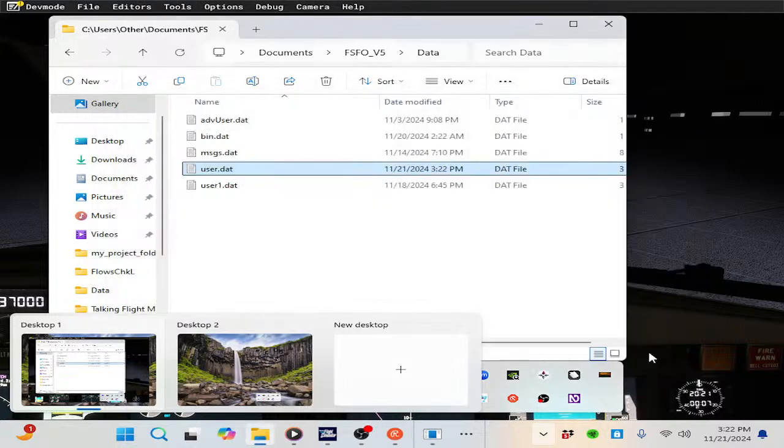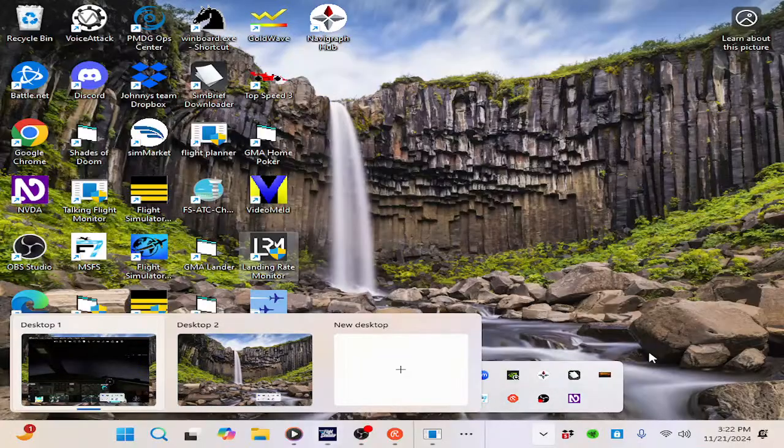See users, other, documents, FSFO V5 data, File Explorer. There we go. Microsoft Flight Simulator. Now, hopefully First Officer, like the other one, it'll know where we're at. I hope so. I really hope it picks up where we are. If not,